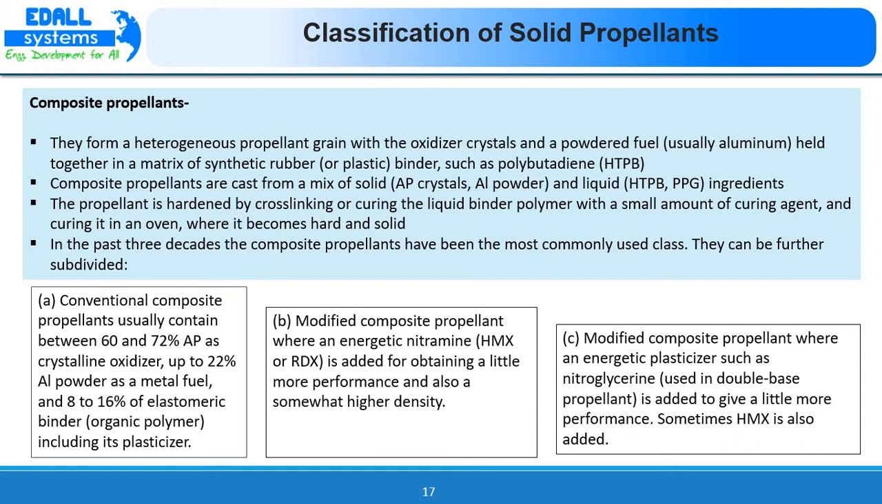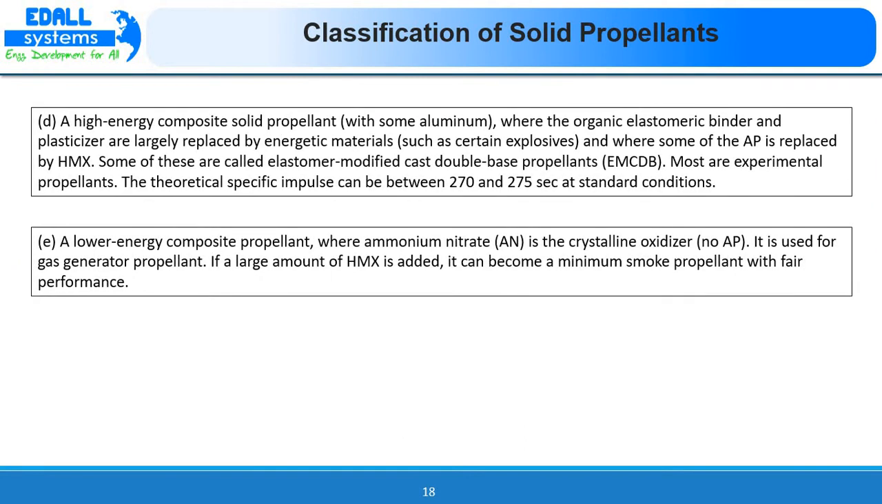Sometimes HMX is also added. So the plasticizer such as nitroglycerine is used. Mostly it is used in double base propellants to modify some of the performance for the conventional composite propellant. Then the next 2 categories, that is a high energy composite solid propellant with some aluminium, where the organic elastomeric